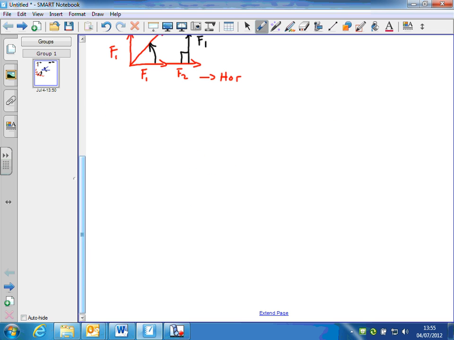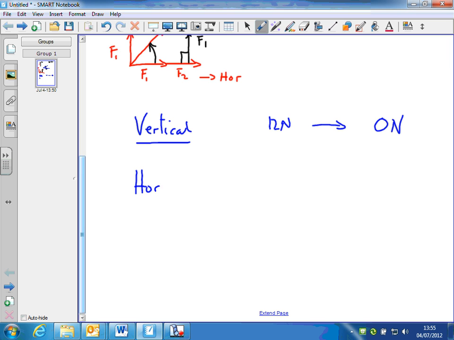So if we first of all do the vertical components, well, for the 12 Newton force, that's acting horizontally. So the vertical component is 0 newtons. There's no force acting vertically. Sorry, the vertical component of the